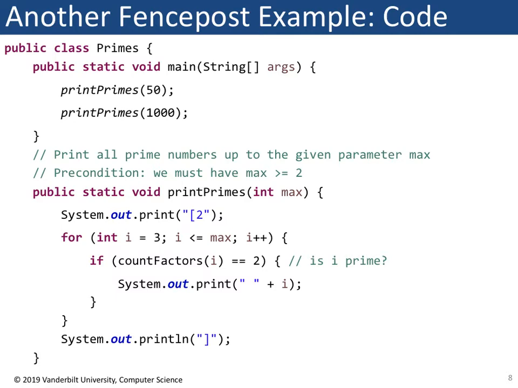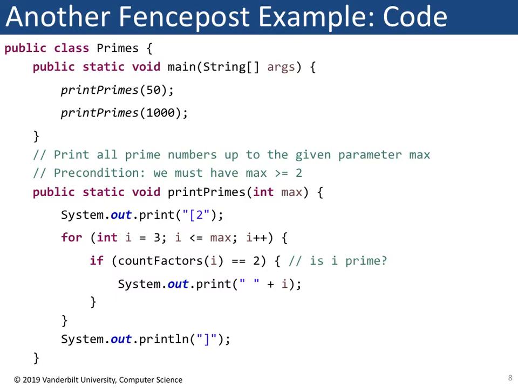So print primes, we have a parameter max. We return nothing, so the function or the method is void. And we are going to use a fencepost approach to this. So in this situation, we're actually going to move some functionality to before and some functionality to after. The reason is because